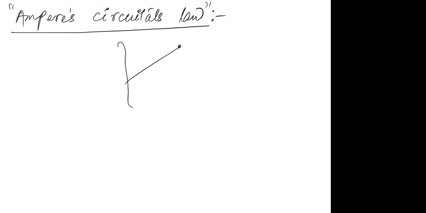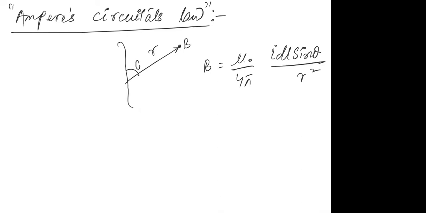If I have to find the magnetic field at this point and the position vector of this point is r, you know how to find the magnetic field, and the formula was mu naught upon 4 pi I dl sine theta upon r square. And this is the theta, right? And this is dl, the element of the wire in the direction of current. Means by using Biot-Savart's law, you found the value of magnetic field due to a wire or any arrangement of wires. Is it correct? Or due to a loop?